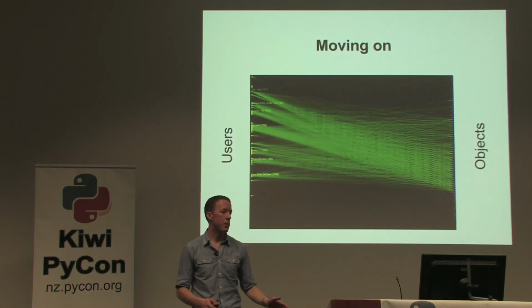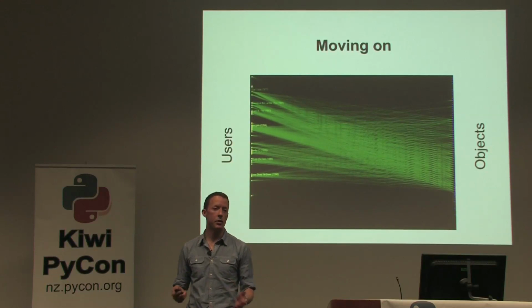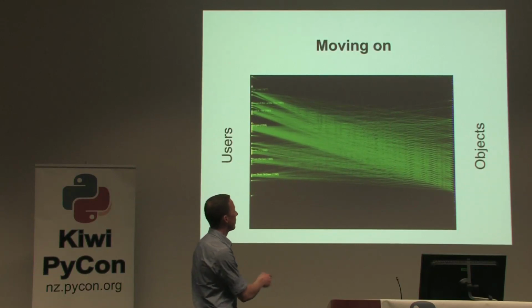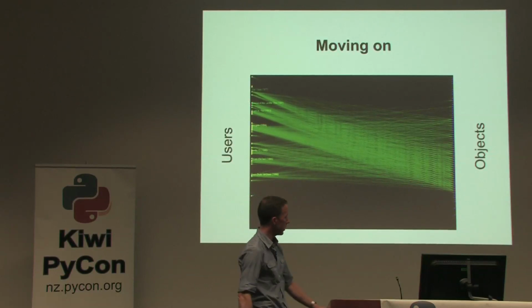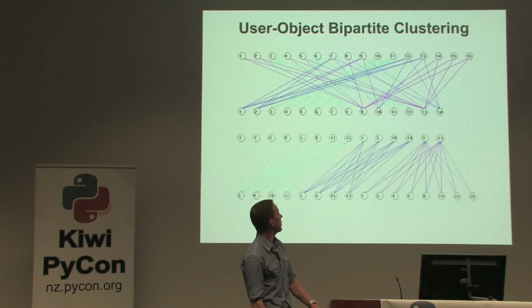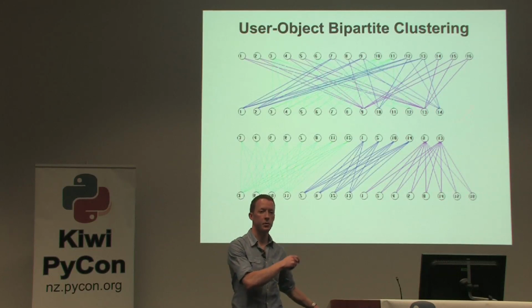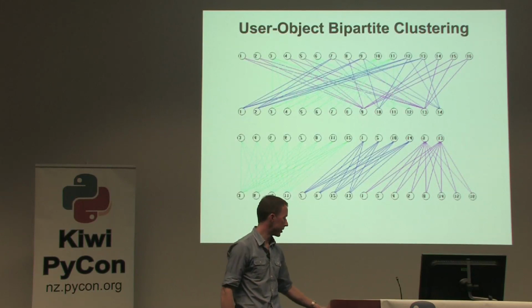So in an attempt to reduce that computational cost, I moved on to the same graph idea, but instead of just looking at the users alone, let's look at the users and the websites they interact with, and draw a line if the user's been looking at the website. So essentially we want to go from a graph that looks like this, where these are users and these are websites, and turn that graph into something that looks like this, and then hopefully we've got groups of users that interact with similar websites, people with similar interests, websites that cater to that interest.